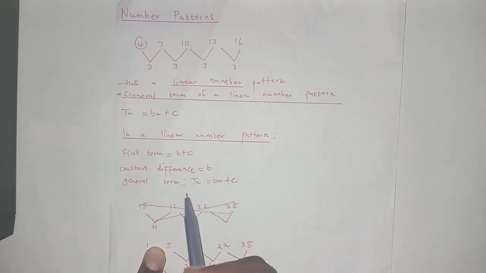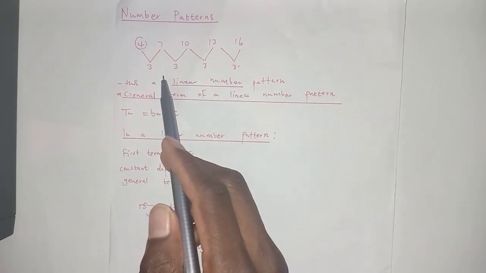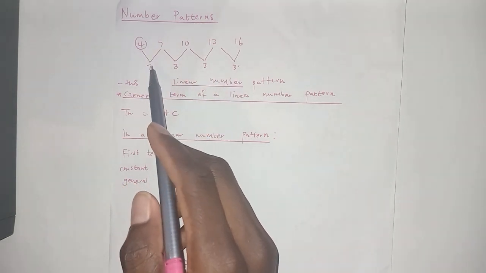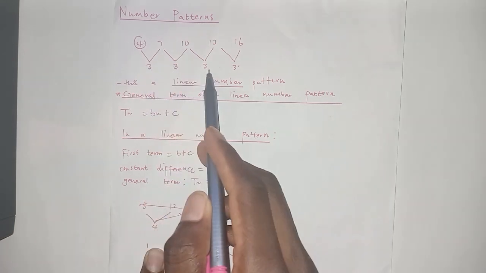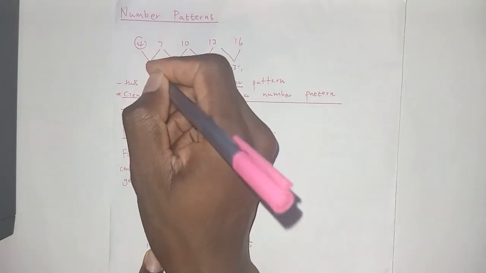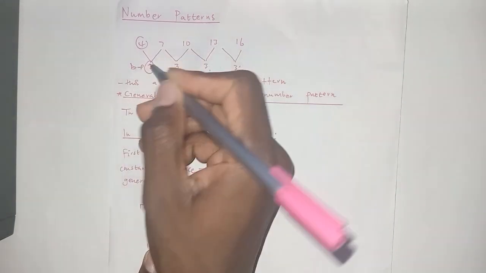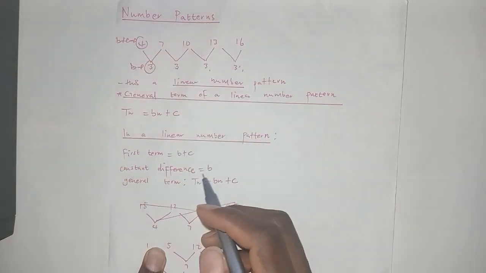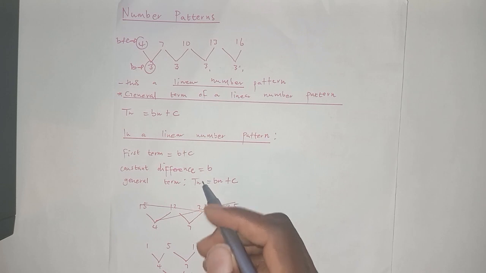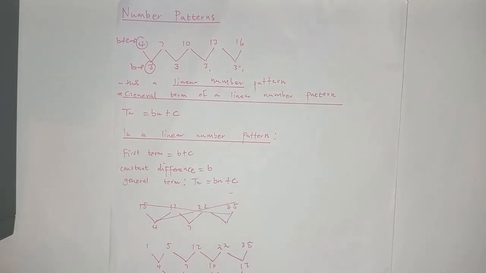And then we have a constant difference. Like I said, I got 3, 3, 3, 3 all over, so it's a constant difference because it's 3 here, 3 there, 3 there. So that's our B right there, and B plus C is the first term. And then we also have the general term Tn is equal to Bn plus C. Like I said, moving on,